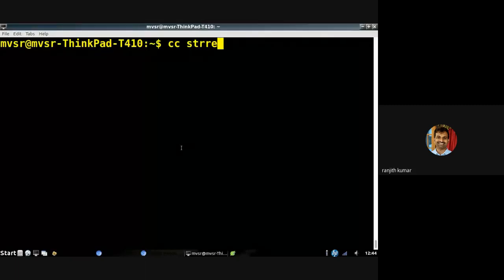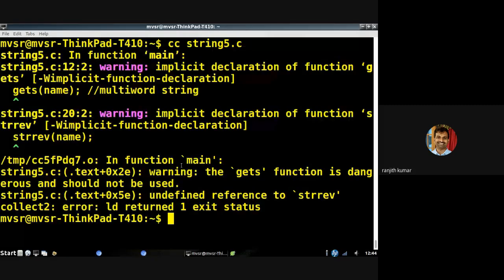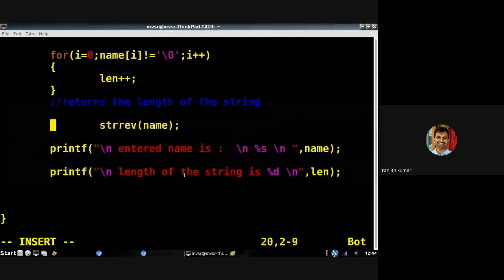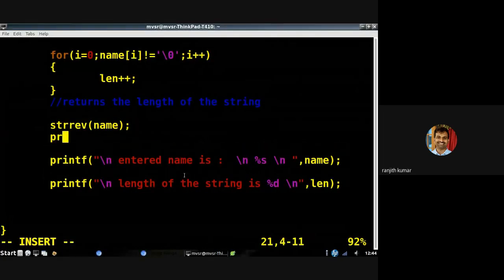So cc strrev, that is string 5.c, is getting some errors. Okay, vi string 5.c and print the reverse string. So strrev will give you the reverse string, right? Then after reversing, what will you get? You will get the original print. That printf statement, I will write it once again. Puts name is equal to printf name. Now go to the program,